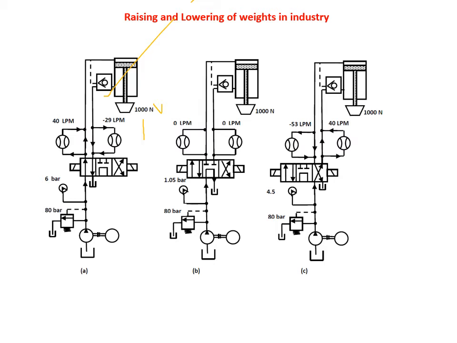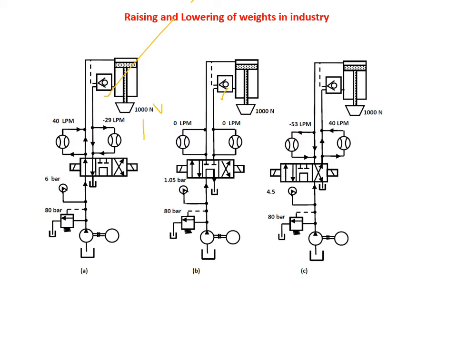Now coming to the next diagram, diagram B, what you observe is that this is the holding position of the load. That means at one particular position you can hold the actuator. The load is in a suspended position and is held at one particular point. How can you say that it is held? You can see that there is no flow through these lines, and just because of this check valve, the fluid will remain in the rod end side of the actuator, and it will make sure that this load will remain in one particular position. So this is called locking of the actuator.